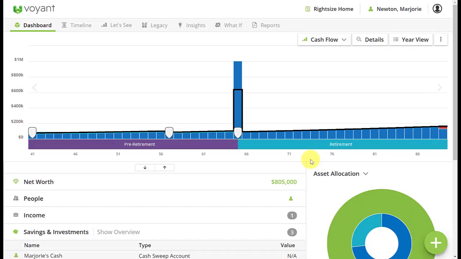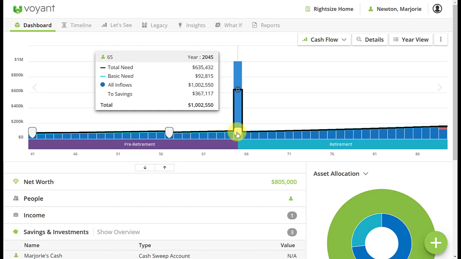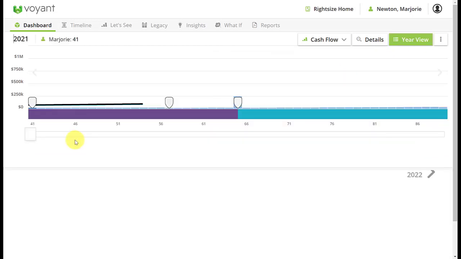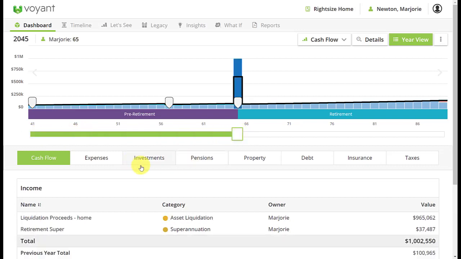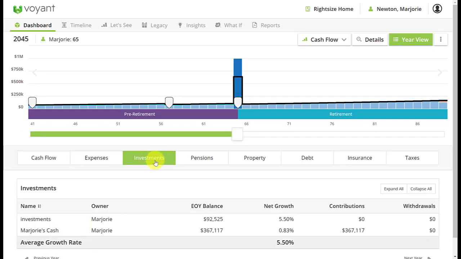In this video, we look at investing surplus money from a downsize. I've already modelled a downsize at Marjorie's retirement event, which is this spike here. If I go into year view and scroll along to that year, you can see in the investments tab that